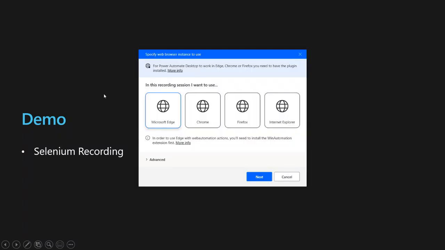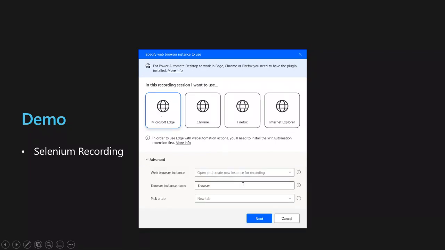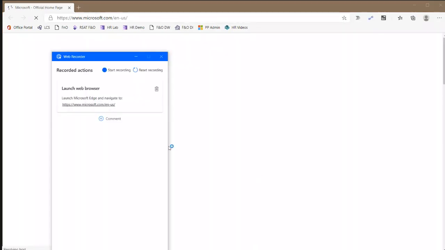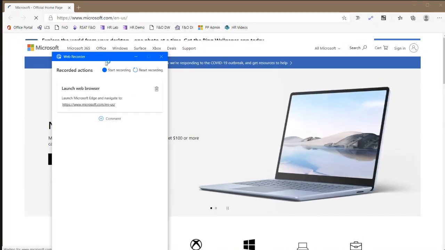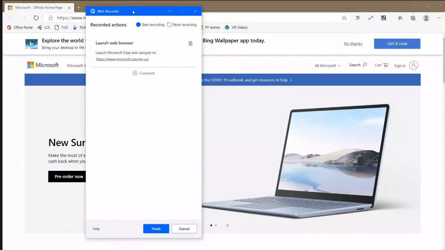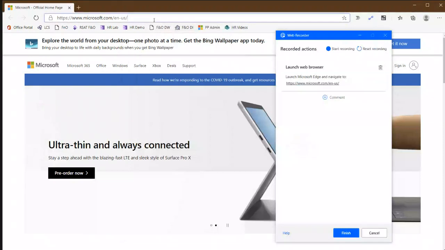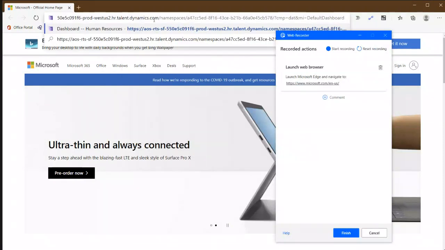This will open up a new window where I can now choose which type of browser I want to use. So I'll choose Microsoft Edge. You can also click Advanced and put some additional details in here, but I'm just going to keep it simple for this example and then click on Next. You can see it opens up this little web recorder window where you can see what's happening. I'm going to go ahead and paste in this